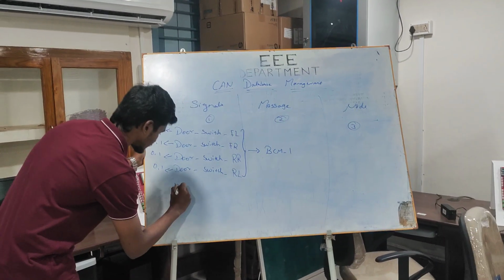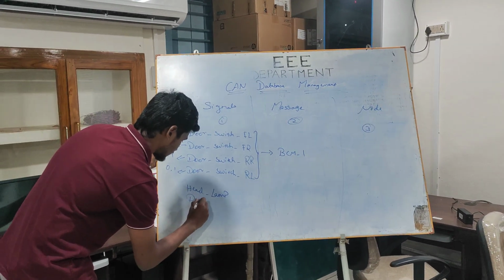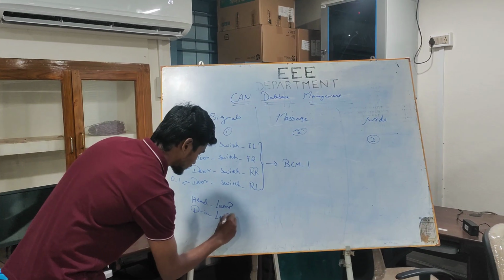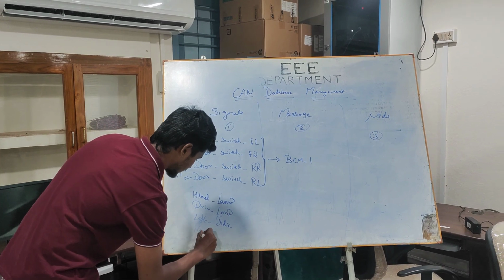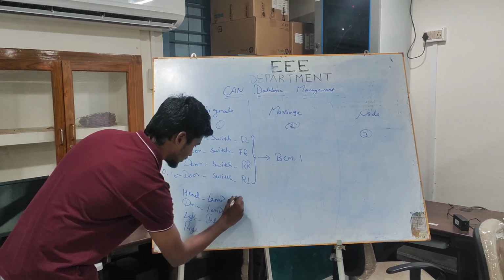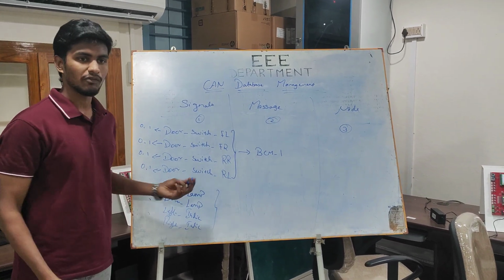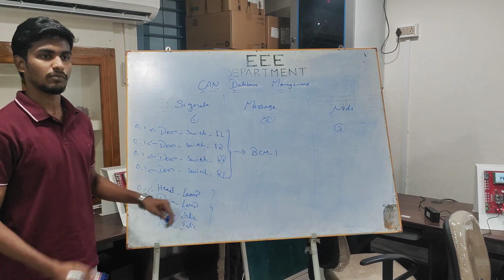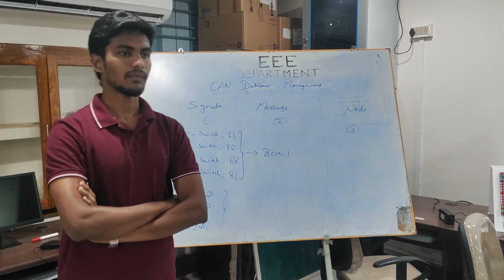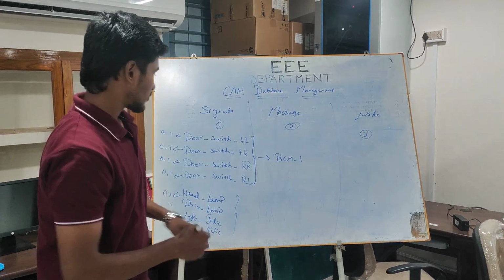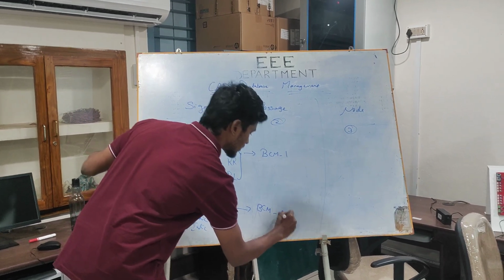So here we are taking the headlamp, trim lamp, left indicator, right indicator. These also have the value of 0 or 1, which means 0 is off, 1 is on. Left indicator 0 means off, 1 means on. Same like that. So these signals also come under which message? Body control module. So we can take this one as a body control module, and we can mention this one as a 2.